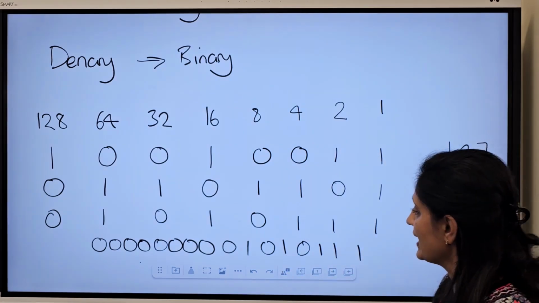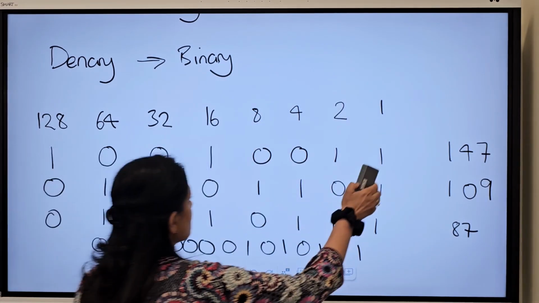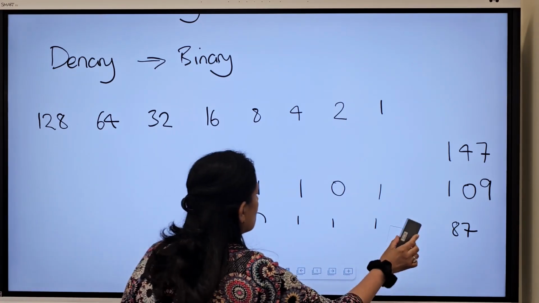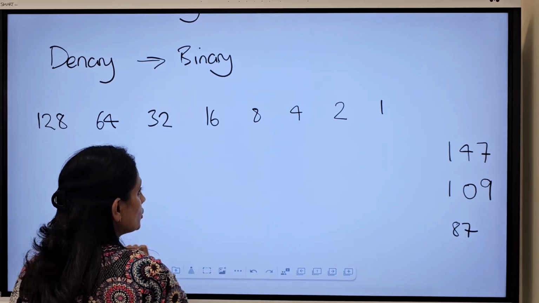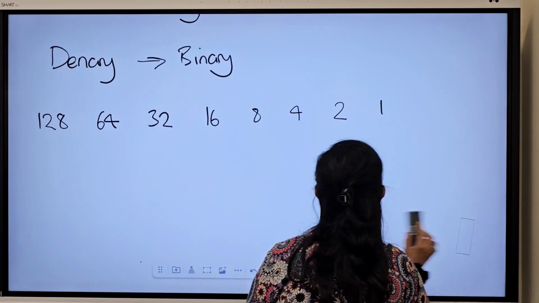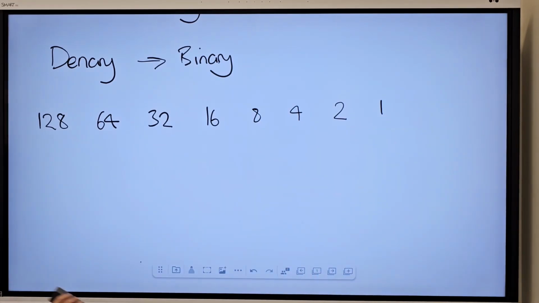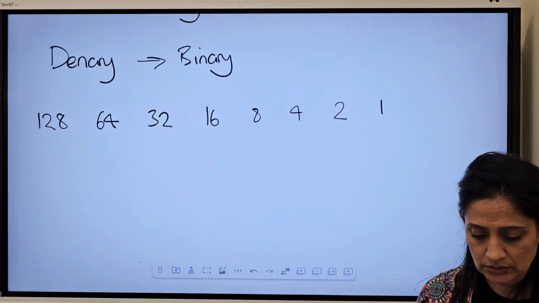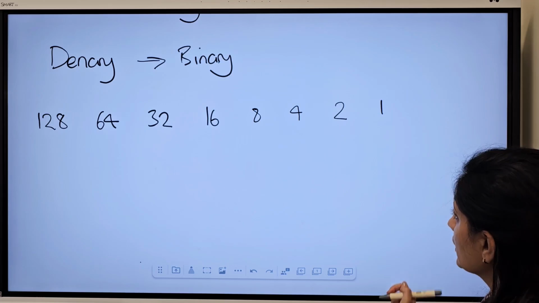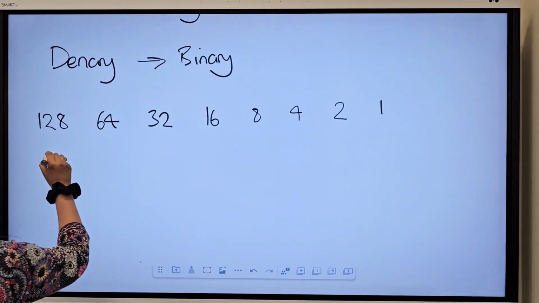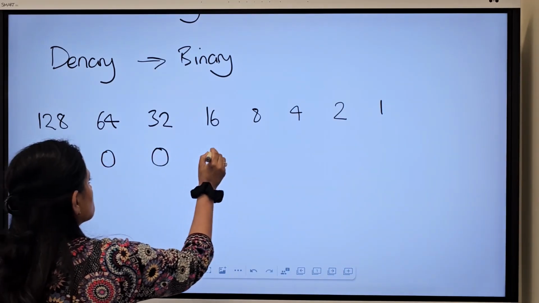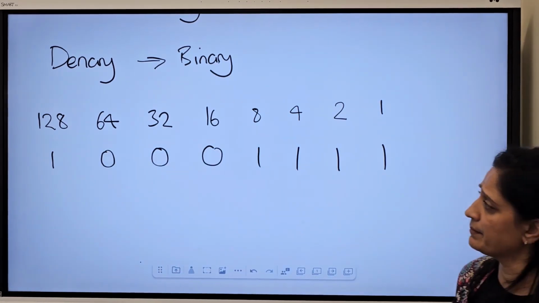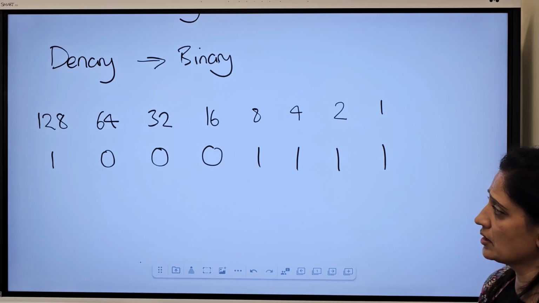Okay, right, let's move on to representing binary to Denary, because they can ask you to do it the other way round. I'm going to give you a random number. Here we go. You could be given an 8-bit binary number, and all you need to do is convert that